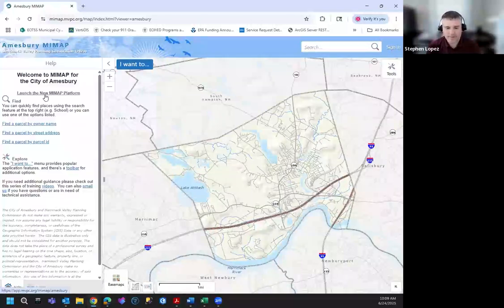One component we'll do after this meeting is the new version has a sign in, so you have a lot of available functionality without signing in, but there is some functionality such as running a butters list, like most of the current versions of MIMAP utilize, that you do need to be signed in on. So we'll follow up with usernames and passwords for that. And then just ask, continue to communicate with other individuals in your municipalities about the transition and providing them the login information.